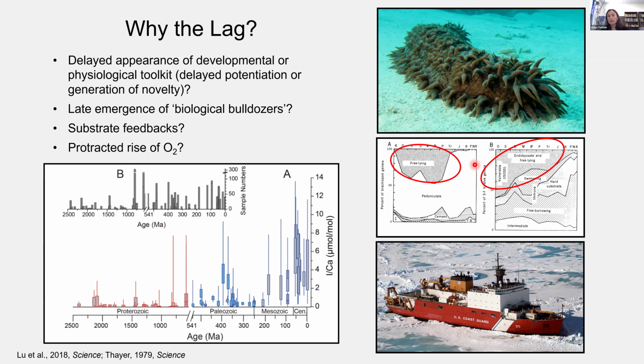But this is a hypothesis that one of my PhD students, Kate Pippinger, is currently working on testing by collecting primary records of sediment mixing for the Middle and later Paleozoic. However, I think that we shouldn't discount the possibility that environmental factors could have also played a strong role in shaping this delay. In fact, there is a large and growing body of geochemical evidence suggestive that the low seawater oxygen concentrations characteristic of the late Precambrian may have persisted well into the Paleozoic.